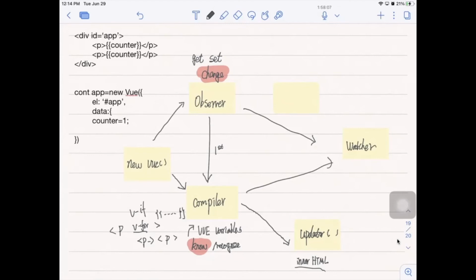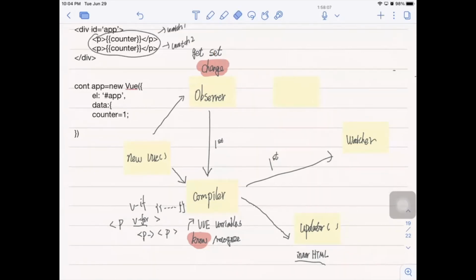So we make an association between the compiler and the watcher, meaning each time the compiler recognizes that a DOM needs to be watched, then a watcher will be created for that specific DOM. In our case, we have used counter twice in the DOM, so 2 watchers will be created rather than 1. Next time, if we change the value of counter to 2, then of course the observer will observe